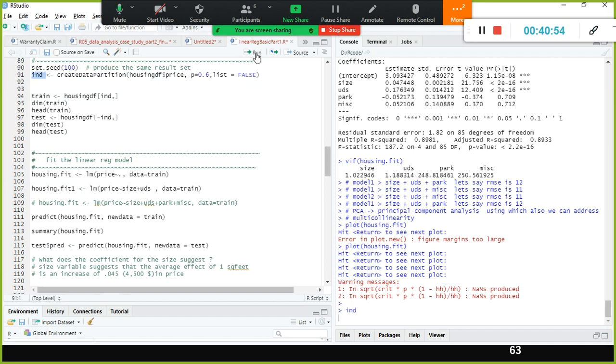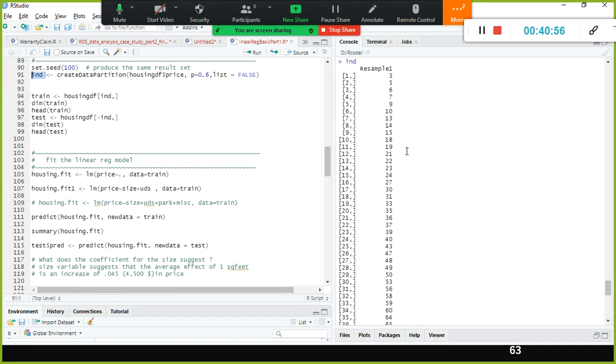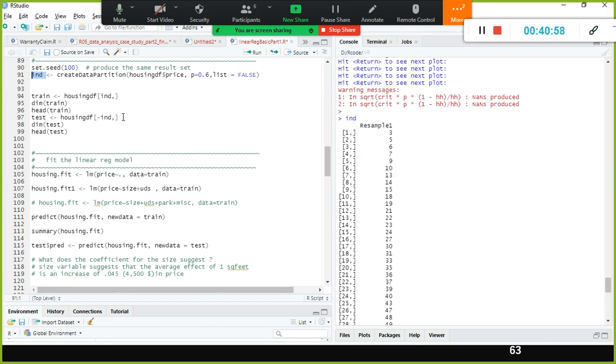One second, I'll just show you what the values are. See, it sampled 60% of the data randomly: third row, fifth row, sixth row, seventh row, ninth row, 10th, 13th row, right?